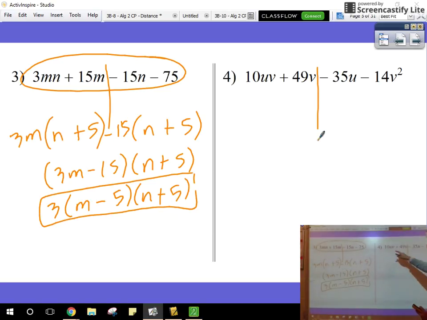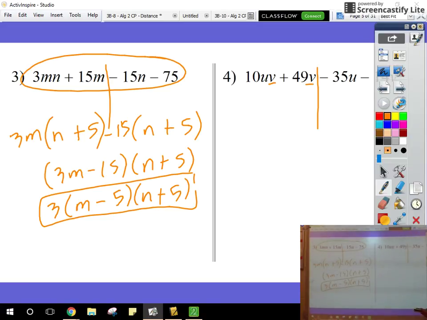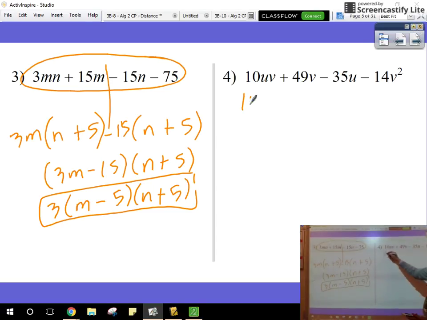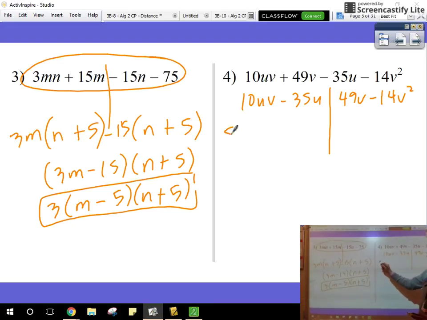Here, same thing with this, 10, 49, there's no common. 35 and 14, they do have common here, but the common over here, what I can do, think. The common here is only going to be v, and I don't like that to happen. I can move around things here, and maybe I can make it work. Like 10uv minus 35u. Now their common is u and the 5. And here, I can have a 49v minus 14v squared. So here, the common here is 5u, and goes here